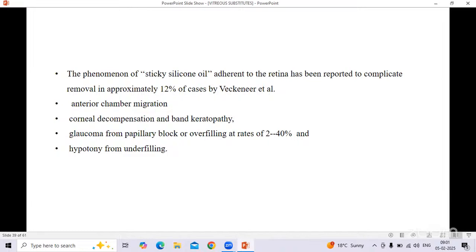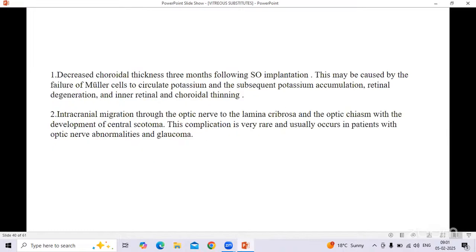And there's this phenomenon of sticky silicone oil, which is adherent to the retina and has been reported to complicate its removal. Anterior chamber migration can be there. Corneal decompensation and band keratopathy is another complication, and it can lead to glaucoma from pupillary block or overfilling, and hypotony from underfilling. Now, they also cause a decrease in choroidal thickness 3 months following silicone oil implantation, and this may